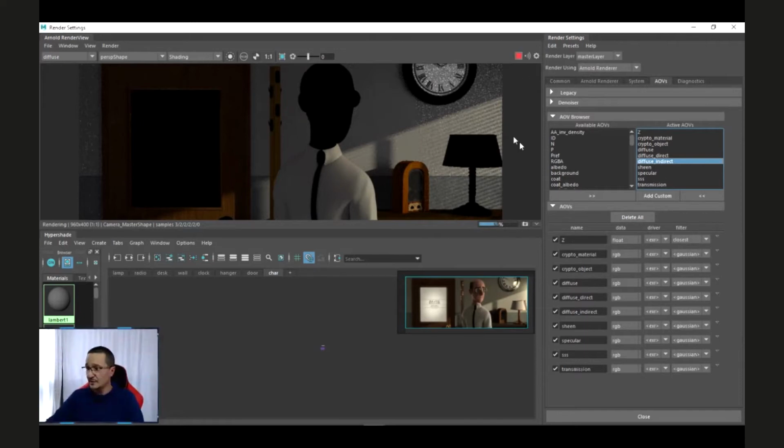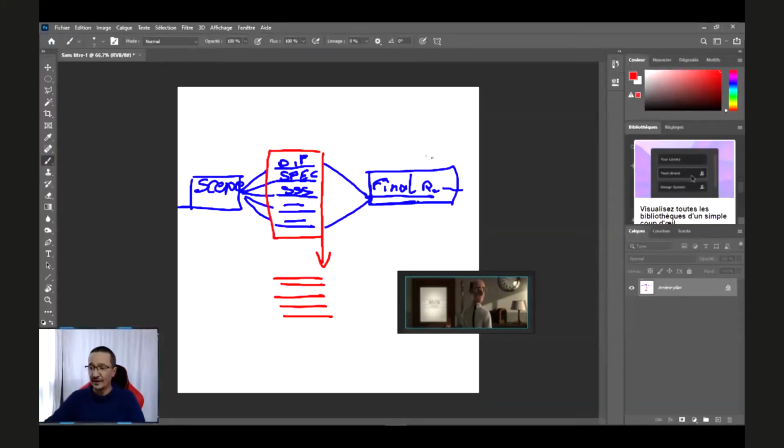It's not the same system, because by default the AOV is for all, as I explained. It takes the final render, and you can just export all AOVs. So you cannot split the character from the room itself.